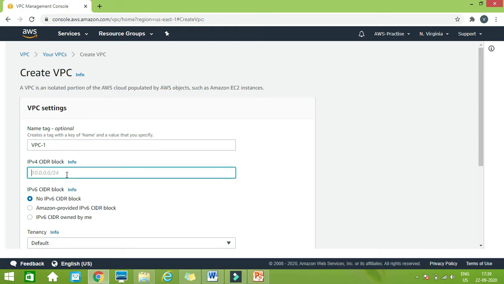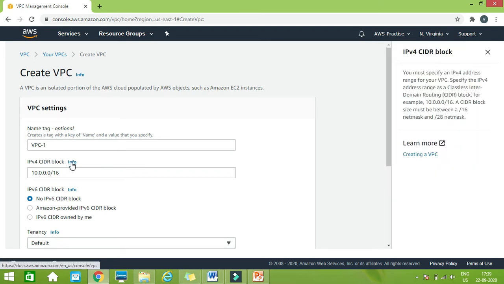Now here you have to give a block of addresses to this VPC. So I am going to give 10.0.0.0/16. This means that I am assigning 16 bits for the network and 16 bits for the host.